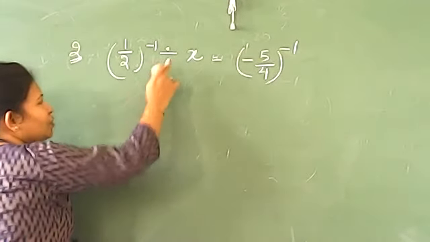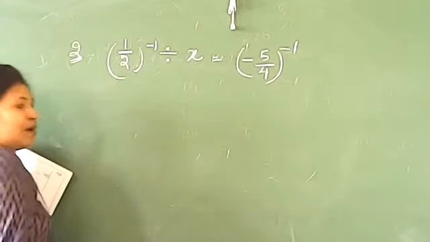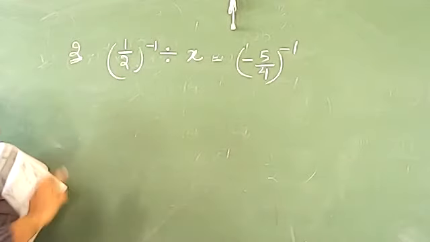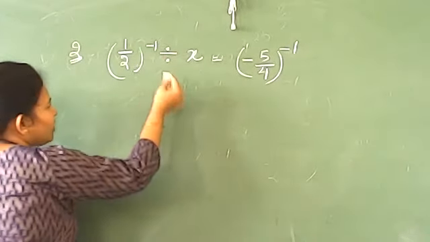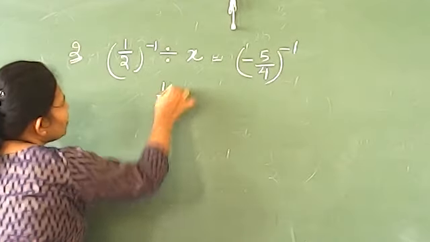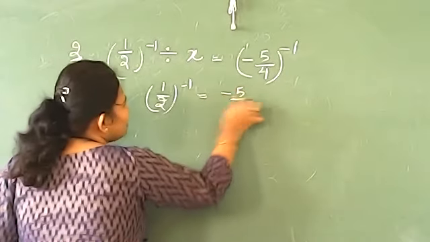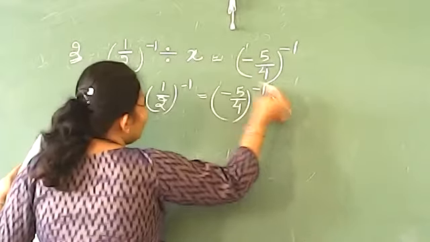Now let's solve it. Earlier in the question we had multiplied, so in multiplication I transferred directly. But this time it is divided by x, which means it is in the form of denominator. Until this is removed, this will not get solved further. So first we remove this. When you remove this, it will give you 1 by 2 to the power minus 1 is equal to minus 5 by 4 to the power minus 1. Divide will go into multiply, x will be here now.